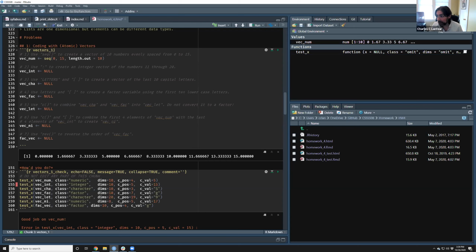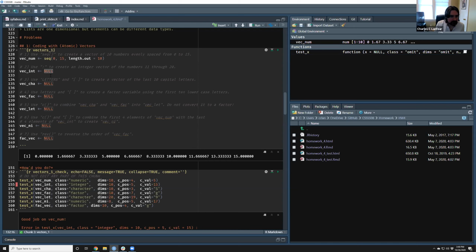So the next one is actually a little bit simpler. The next one is use colon to create an integer vector of the numbers 11 through 20. What does that look like? One of those not a trick question ones. Yeah.